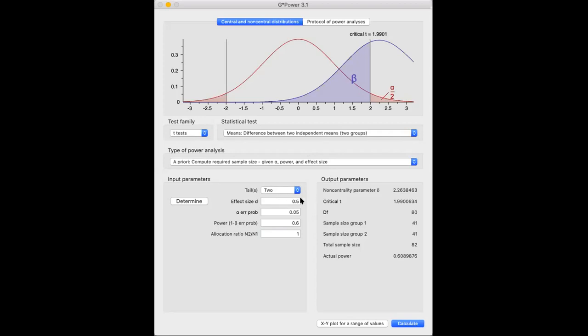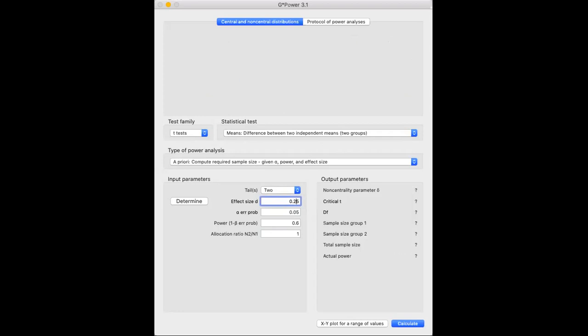Now let's see, what if we change the effect size to 0.25? If we change the effect size, we're basically saying that there is a difference, but the difference is quite small, okay? And a smaller difference, given the same amount of power,